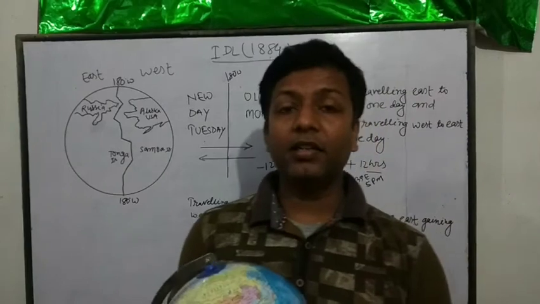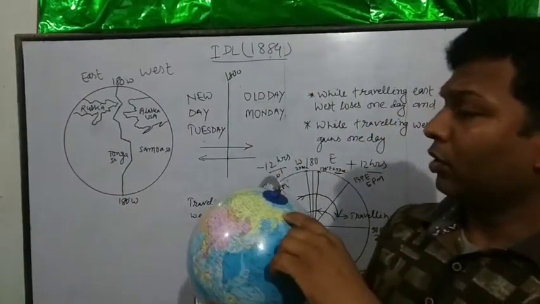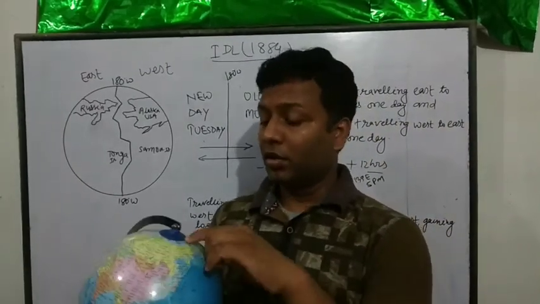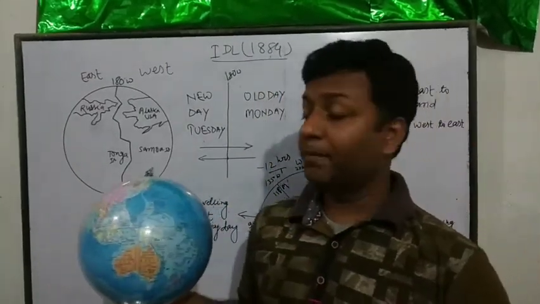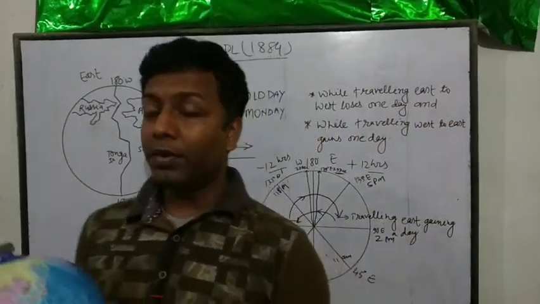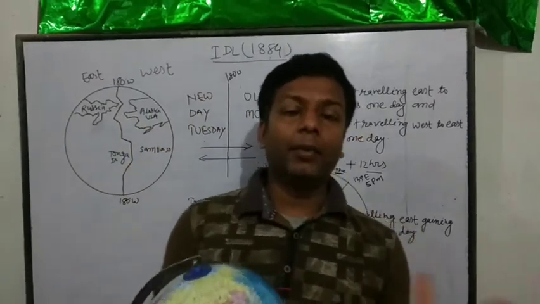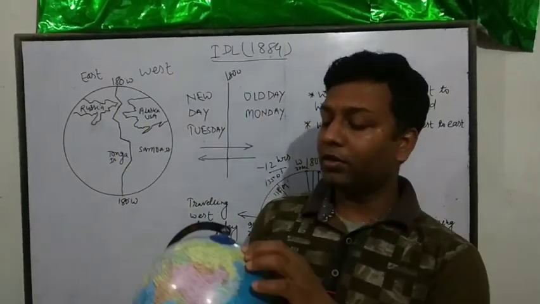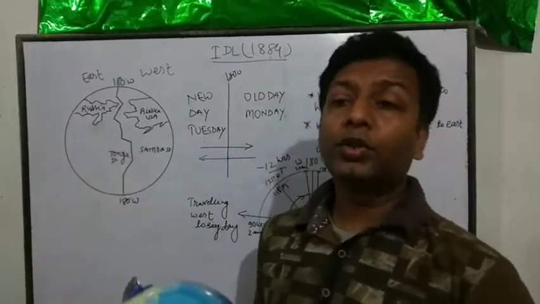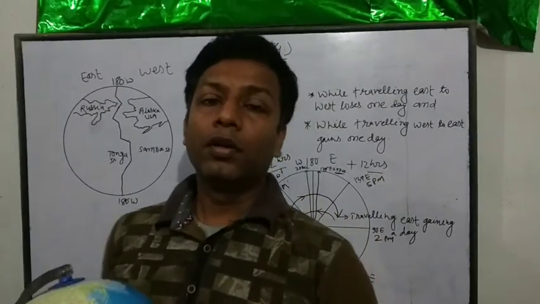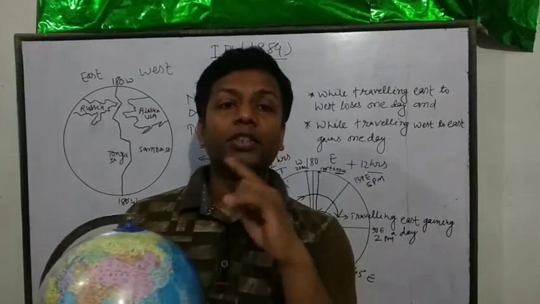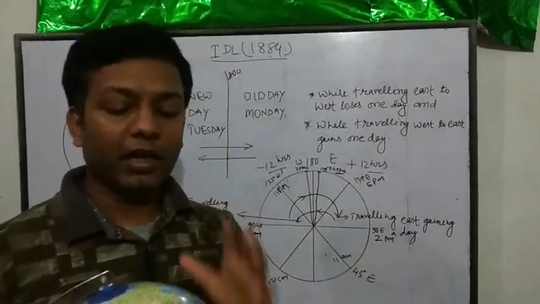Why a zigzag line? Because when it comes to deciding the international date line, there is a problem, because there are so many land bodies and islands that fall under and cross this line. So the solution found was that the line should be zigzag. That's why there is a zigzag line.